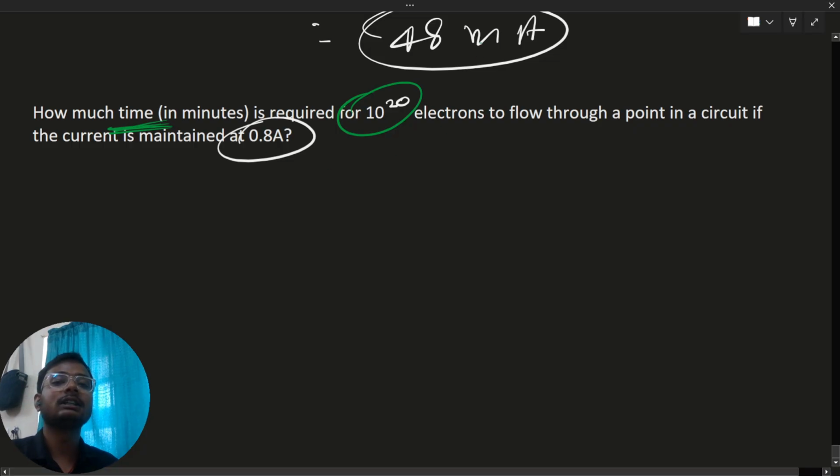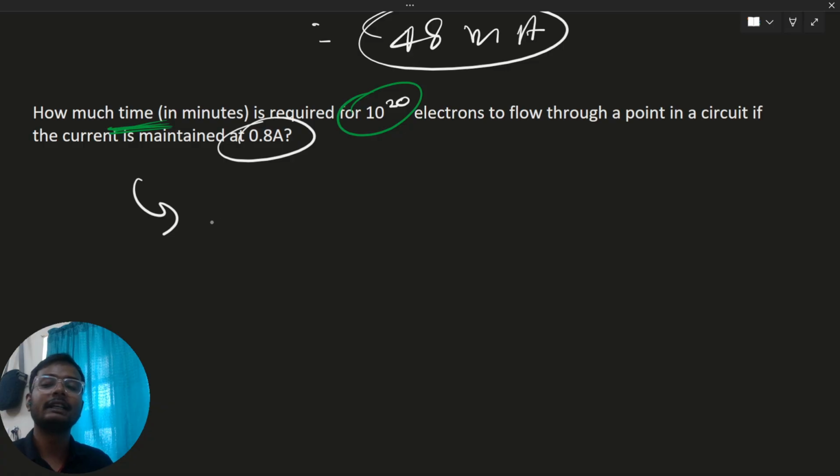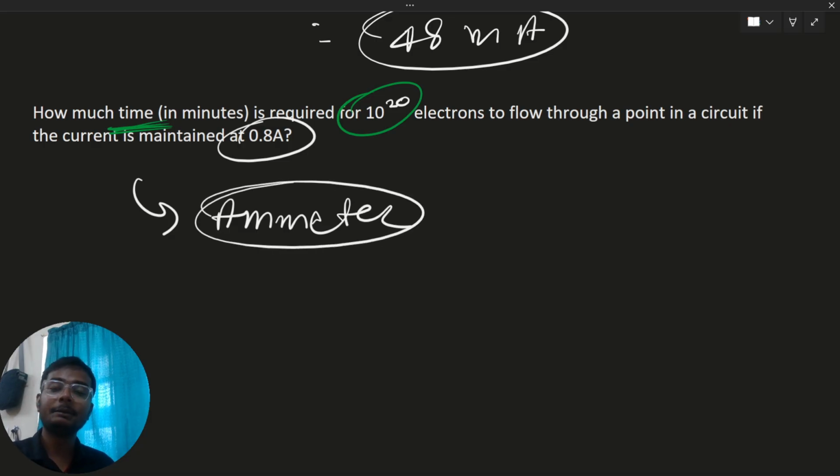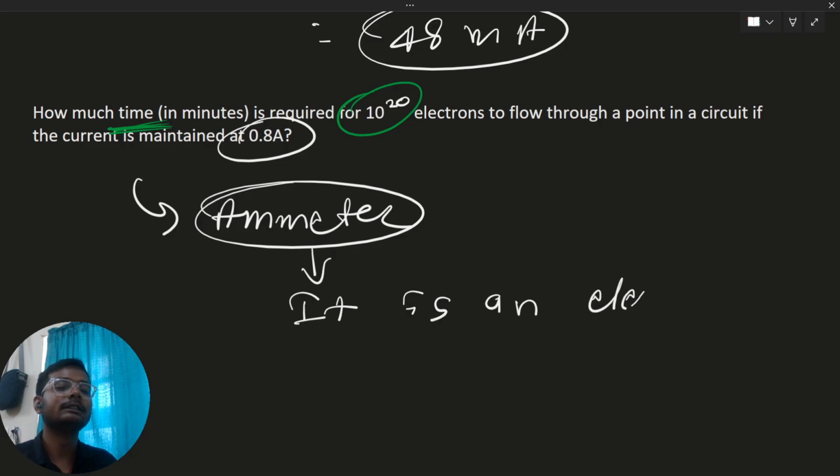अच्छा, इलेक्ट्रिक करंट को मेजर करने की जो मैं बात कर रहा था, द डिवाइस इज एमीटर। ओके। एमीटर के बारे में we will talk more when we read about the resistance topic, तो there I will be talking more about the ammeter। इसको पैरेलल में सेट करते हैं या सीरीज में सेट करते हैं, क्या करते हैं, क्यों करते हैं। बेसिकली अभी के लिए बस इतना जान सकते हो कि एमीटर इज एन इलेक्ट्रिकल डिवाइस